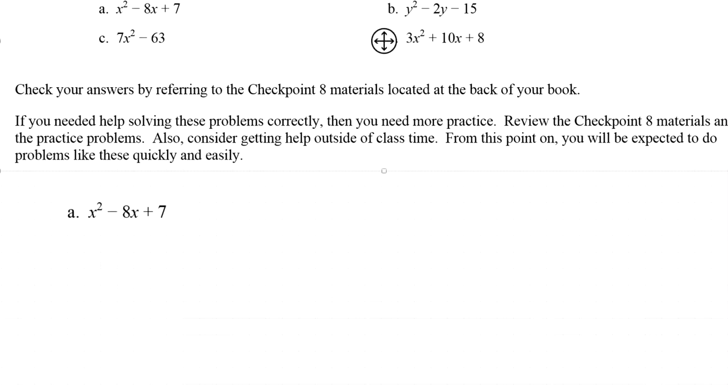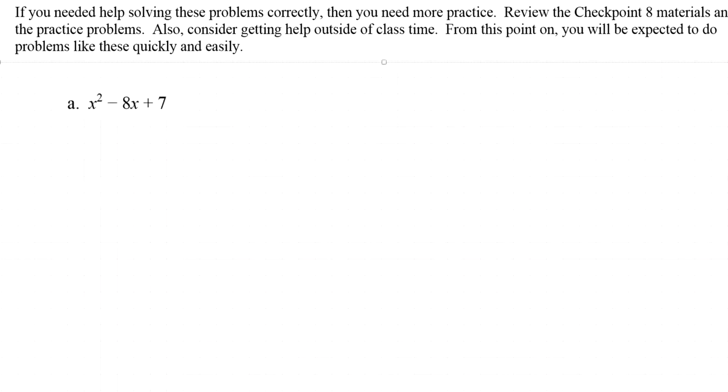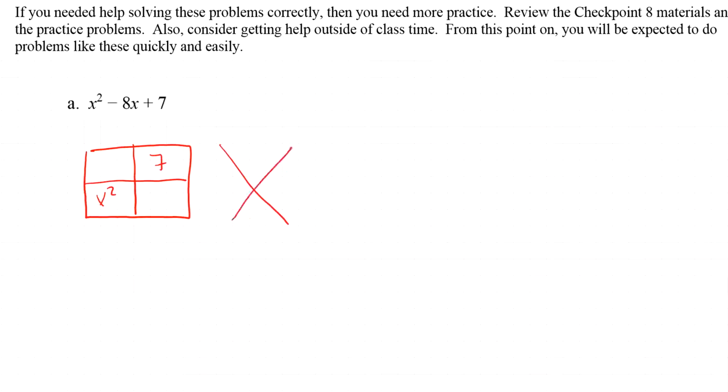All right, so when we go to factor this particular problem, I'm going to go ahead and use the technique they showed you. You could do this without it. So we've got x squared, and then this is 7. And so we know this is going to be 7x squared, and they're going to add up to negative 8x. And so we know that's going to be negative x and positive 7x. So,